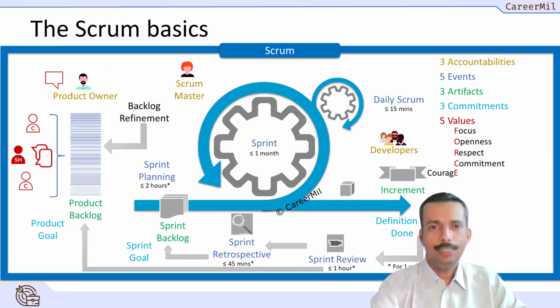Okay, so with that, let's very briefly look at Scrum. I'm pretty sure all of you understand everything that is written here. Of course, in Scrum, you do have the product backlog, which is refined on a continuous basis. And you have the sprints, you have the Scrum Master, the developers, the three accountabilities. You do have the sprint starting with sprint planning. You have a daily Scrum, sprint review, and sprint retrospective,